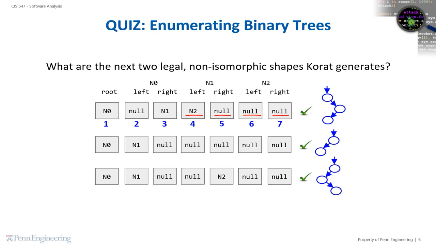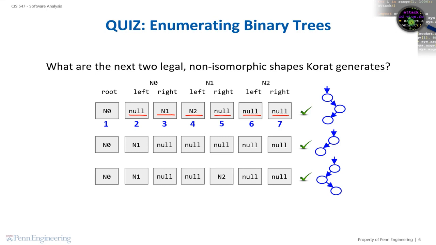However, there are no nodes after n2, so we have to backtrack again to n0.right. Expanding n0.right would increment the node in the field to n2 instead of n1. However, this would result in a tree consisting of a root with a single right node, isomorphic to a shape we have already generated. Thus, we try to expand n0.right again with no luck, since n2 is the last node. So we backtrack to n0.left.